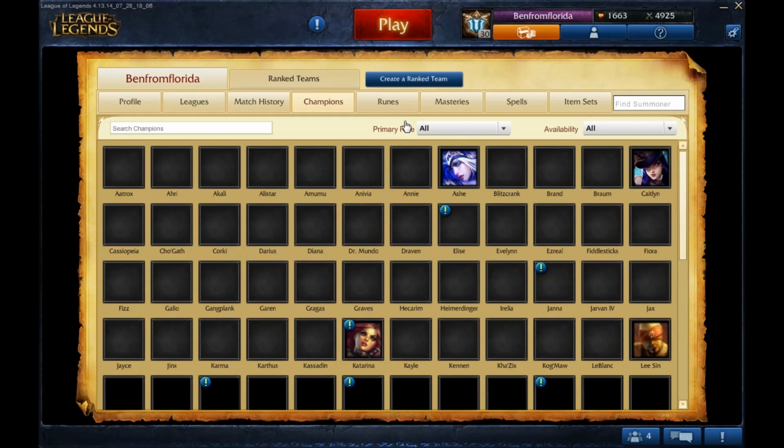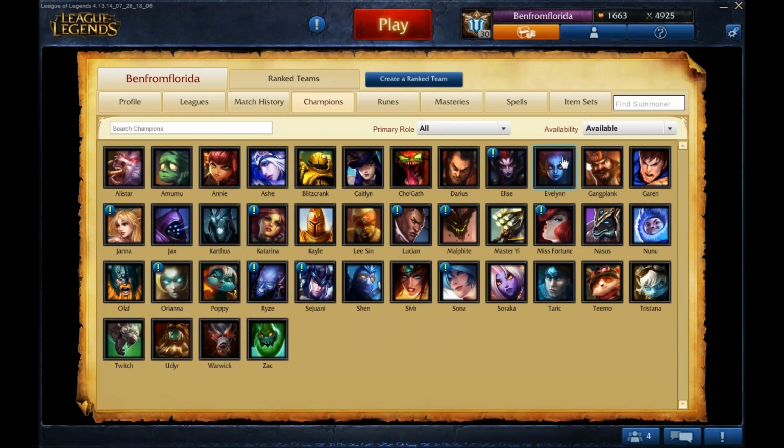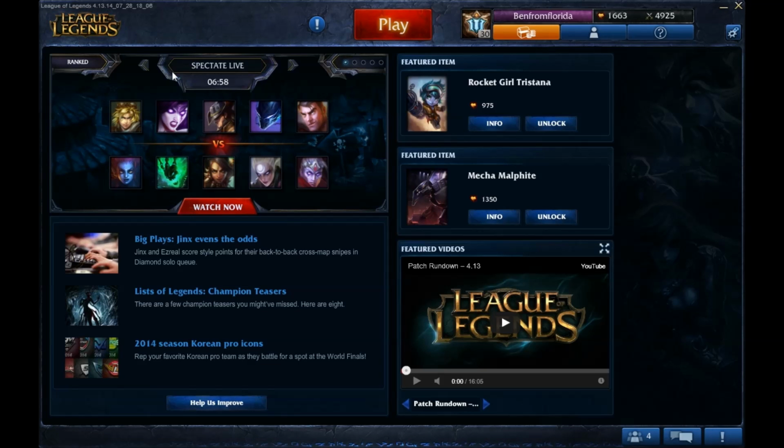But you can look at the champions and sort them by availability, which is important, so you can just do available. So the free week ones are marked with the exclamation point, and the ones that I just own, like Evelynn, they don't have an exclamation point, but they still show up on available because I own Evelynn permanently. So back on the home page,